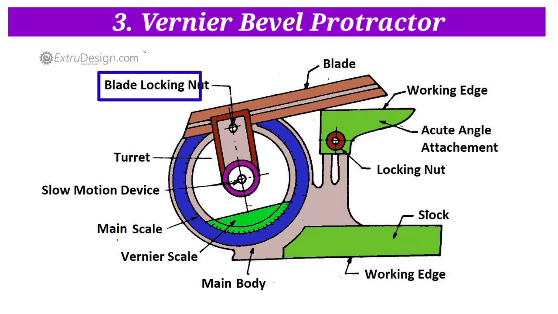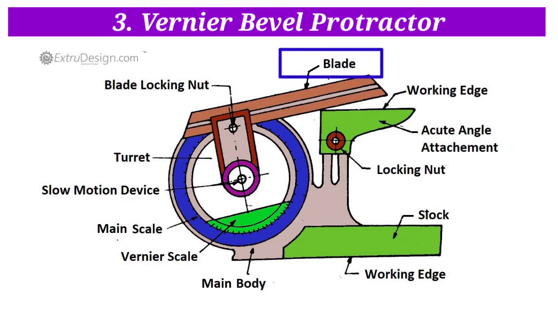The base of the base plate is made flat so that it can be laid flat upon the work and any type of angle measured. The blade can be moved along throughout its length and can also be reversed. It is about 150 to 300 millimeter long, 13 millimeter wide and 2 millimeter thick. Its ends are beveled at angles of 45 degrees and 60 degrees.